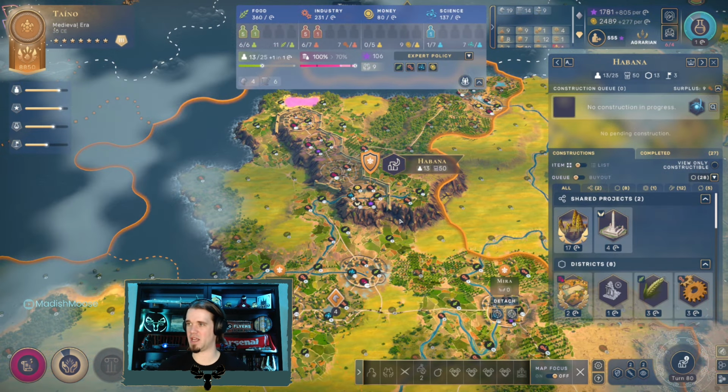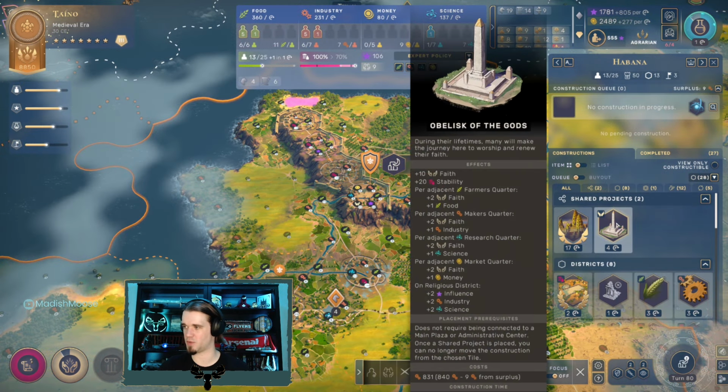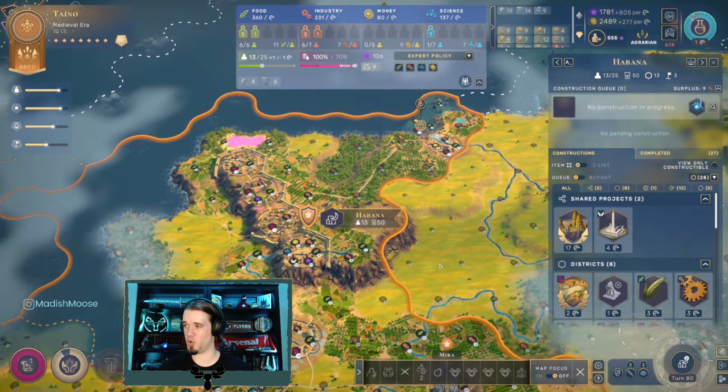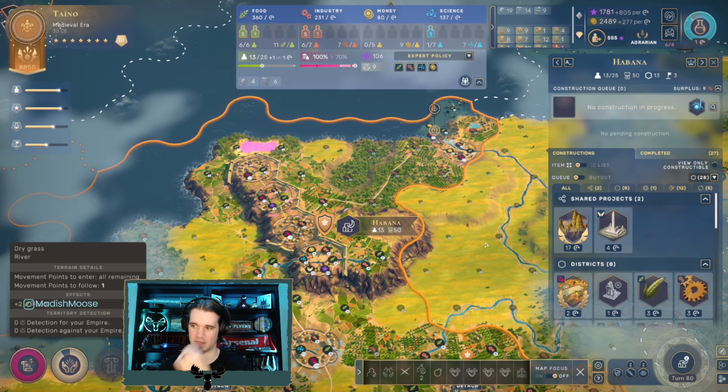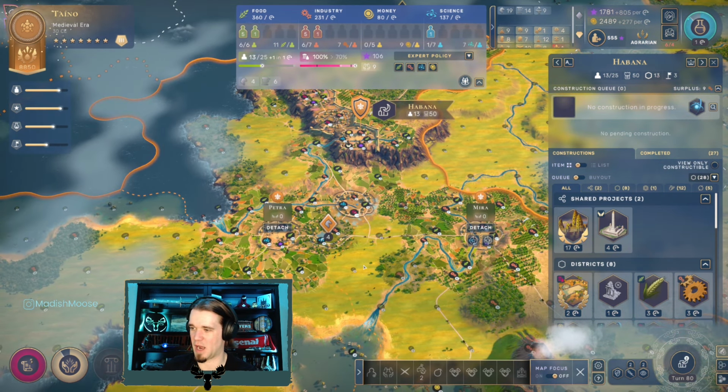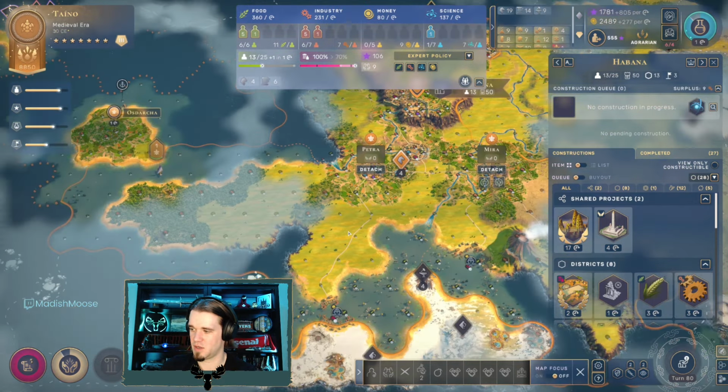Habana is ready. We're down to 70 here, so that's why we're going to throw this obelisk in, right? We go with an obelisk. Technically, we're going to want some sort of surround on the obelisk for optimal faith generation, but...